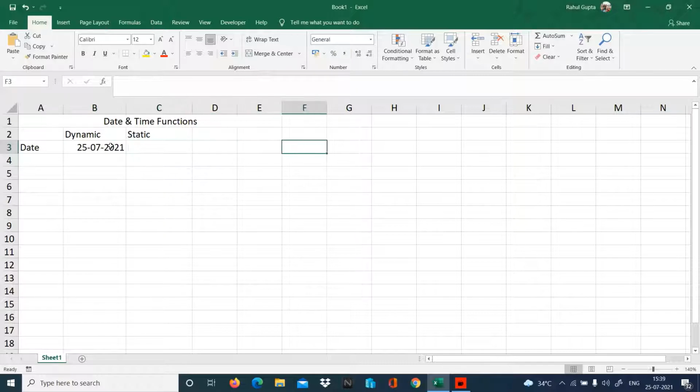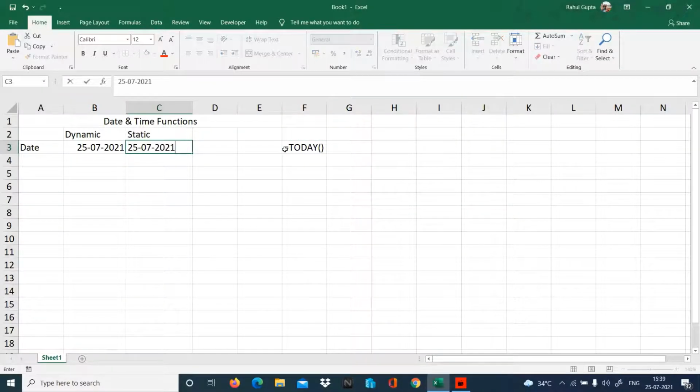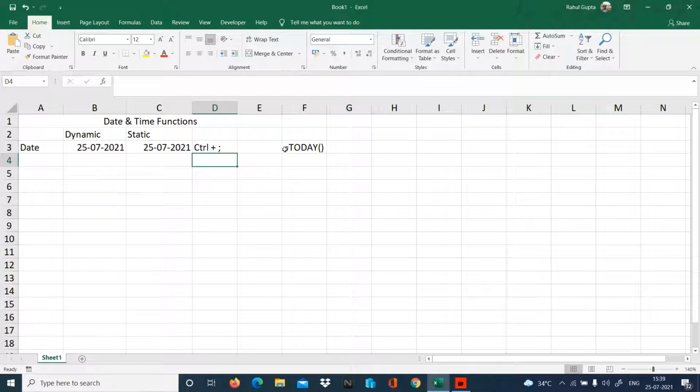You don't have to give any option in between, just bracket open, bracket close. For static, we press a shortcut: Control plus semicolon is the shortcut for getting the static date.